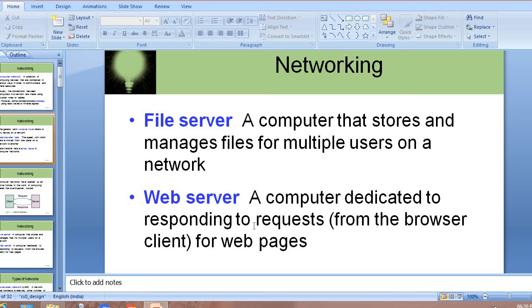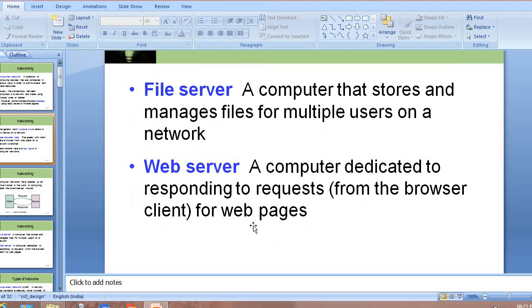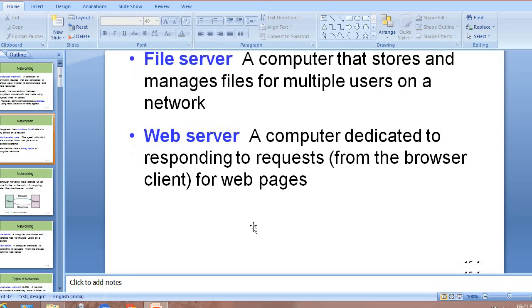A computer is a file server if it manages and stores the files given by users, and it is a web server if it is dedicated to requests for opening web pages.